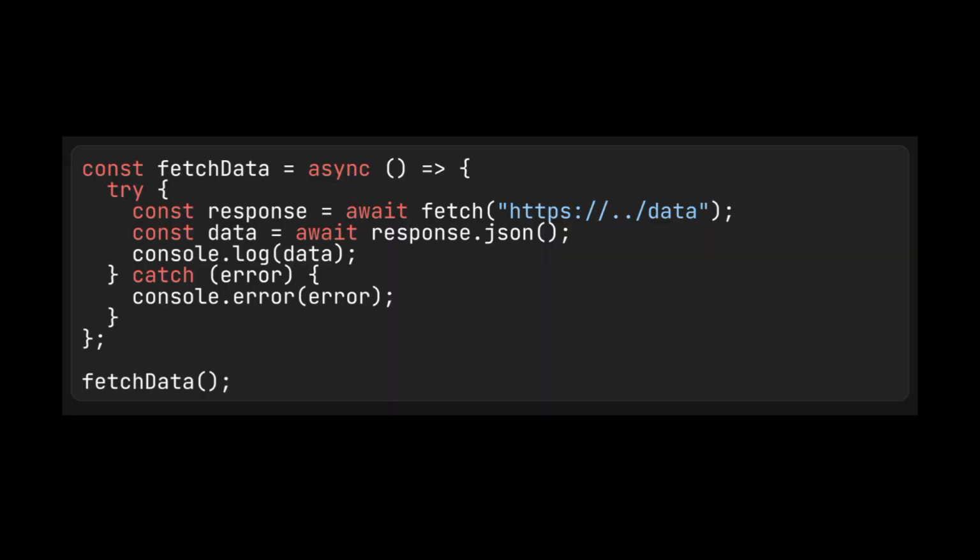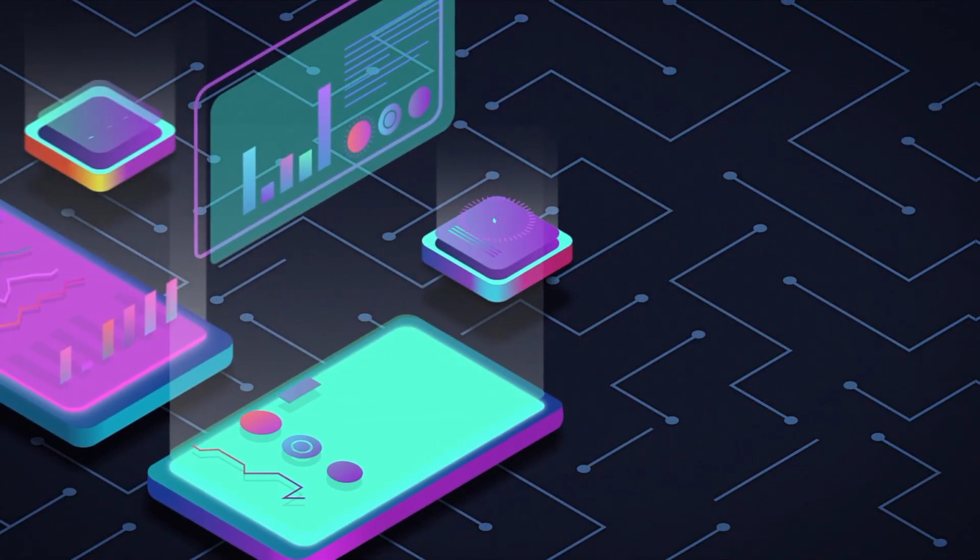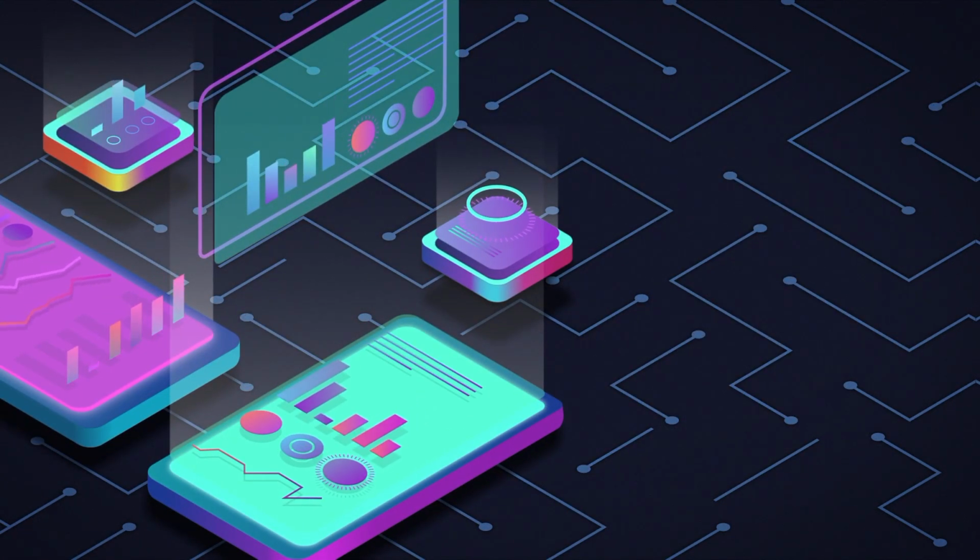The async keyword is used to declare a function that always returns a promise. Inside an async function, the await keyword is used to pause the execution until the promise is resolved or rejected. Both approaches work for data fetching. Your choice depends on the complexity of the